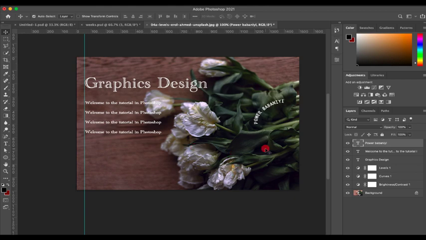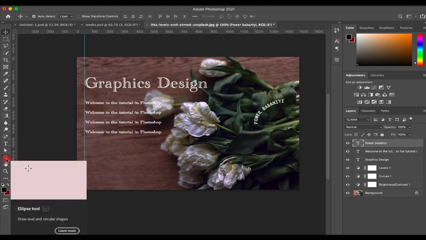I can also come and add something else to here and say I want to write an image like a trademark where you have this circular kind of images where you have some circular writing and all that. Let me show you what I'm talking about. So for that again, I can come to my shape tool. Since I wanted to write around the shape, come to my shape tool. This is usually used for logos. Whenever you want to create like a logo that you have your writing in a circle around the logo,